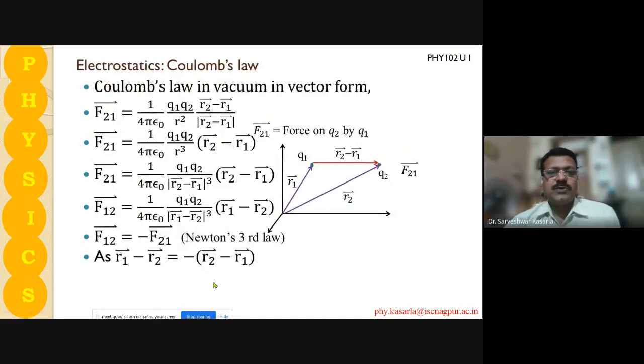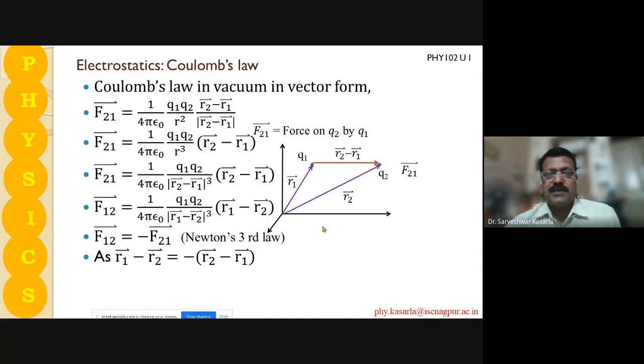So Coulomb's force is a vector quantity, therefore it has to be expressed in vector form. So let us consider two charges. Let the charge q1 is having position vector r1 and the charge q2 is having position vector r2. This is given. Then what is the force acting on these two charges? If you consider that q1 and q2 are positive charges, both repel each other because of the Coulomb's force of repulsion, and that force is to be expressed in vector form.